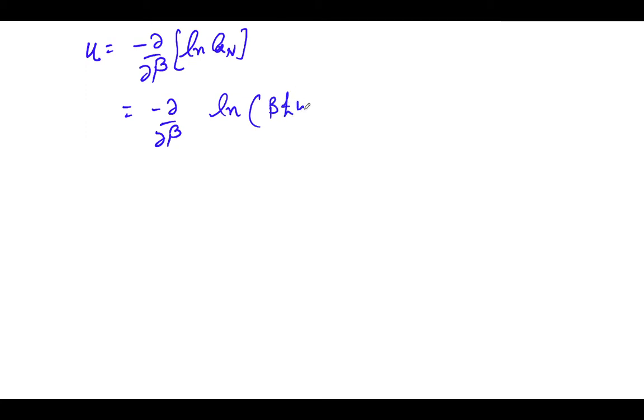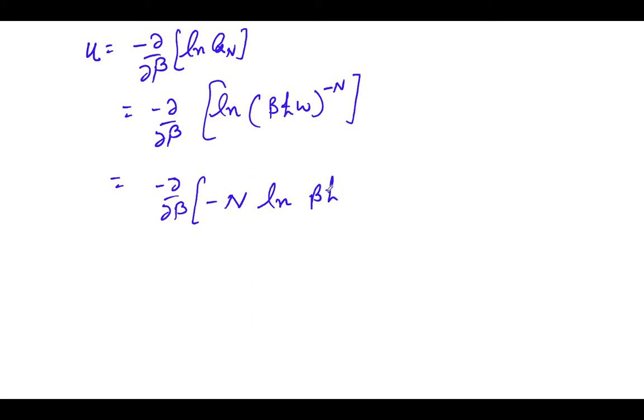So the value of internal energy, that is the average energy per system, which is generally related with U, is equal to minus del by del beta of log of Q_N. So this comes out to be minus del by del beta of log of (beta h bar omega) raised to the power minus N. So when you solve it, this is minus del by del beta, so this N comes out, N log of beta h bar omega,